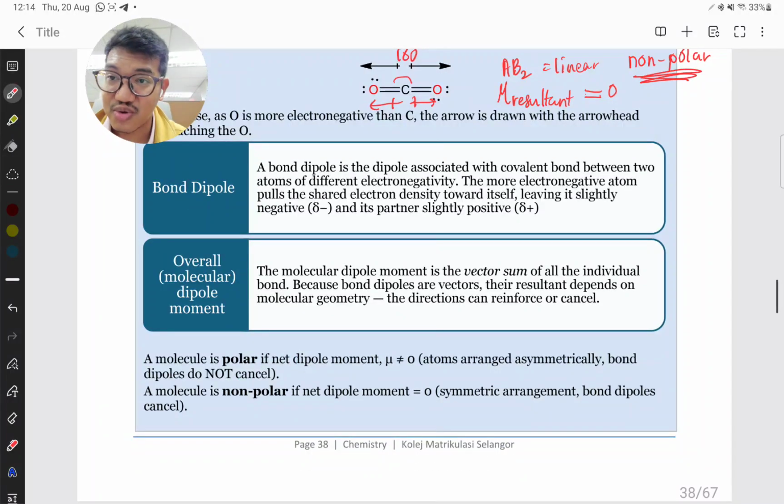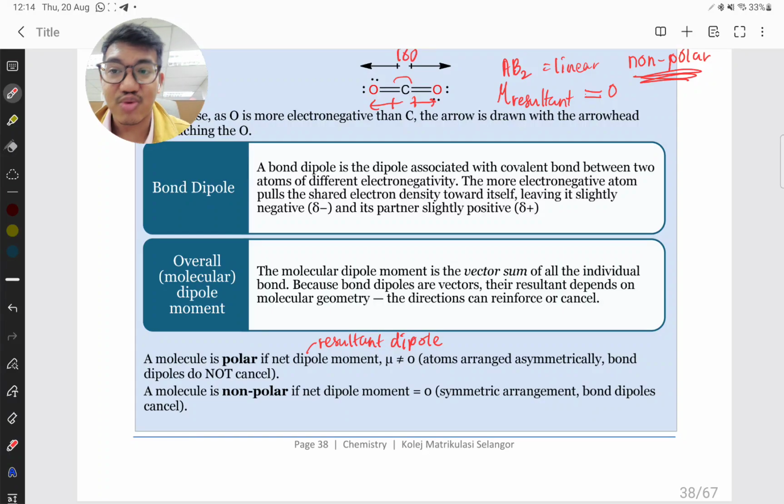A molecule is polar. So to summarize this, a molecule is polar if the net dipole moment, or what we call the resultant dipole, is not equal to 0. Atoms are usually arranged asymmetrically, or the bond dipoles do not cancel. What it means by cancel is when we calculate the vector. We don't need to calculate using values; we can guess just by looking at the shape itself. This is why the concept of VSEPR is very important for you to imagine in 3D space instead of 2D structures, because when we look at a tetrahedral molecule or a trigonal bipyramidal molecule, for example,